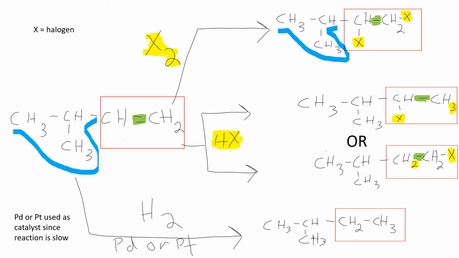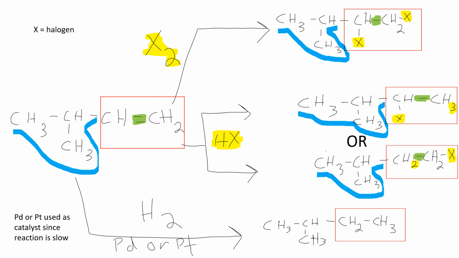The third thing that's going to happen, or maybe more appropriately not happen, is the rest of the molecule is going to be unchanged. I'm going to show this with an underlining in blue. No changes took place to the rest of the molecule. The only changes are taking place at the functional group, what I've boxed in red on the screen. Here, because we're adding hydrogen and a halogen, there are two different choices for which one will go where. This just shows each of those choices.